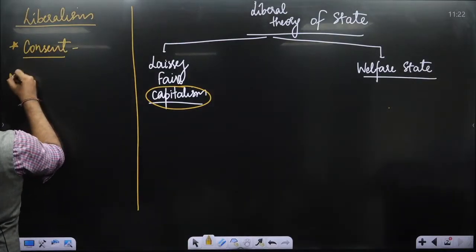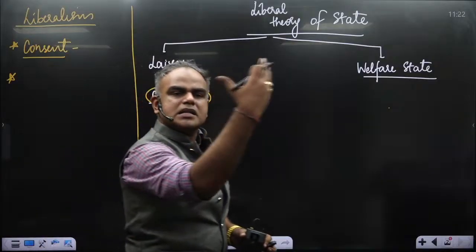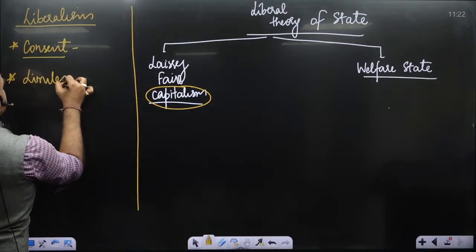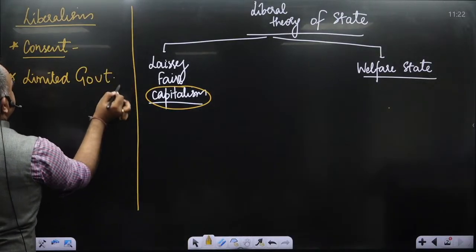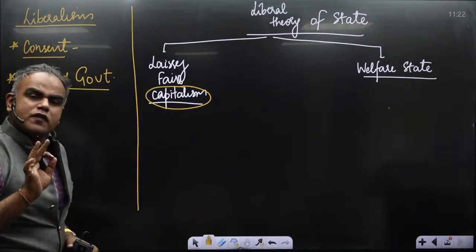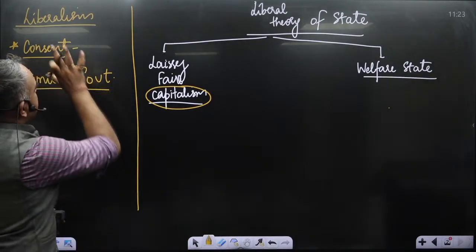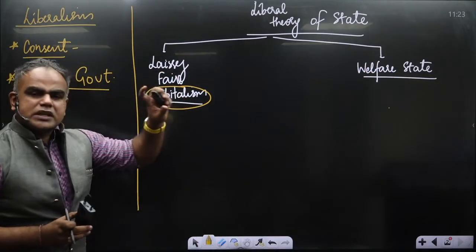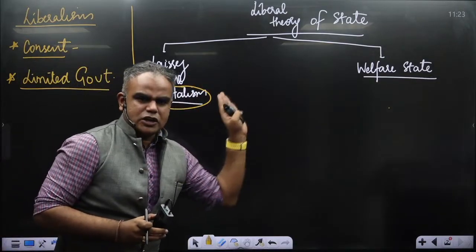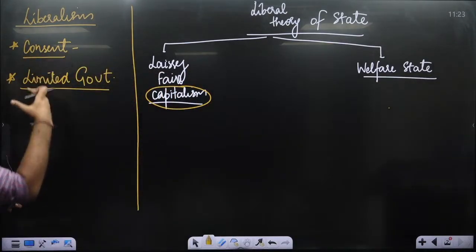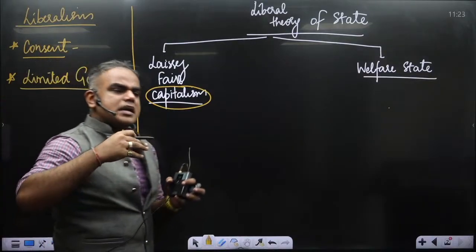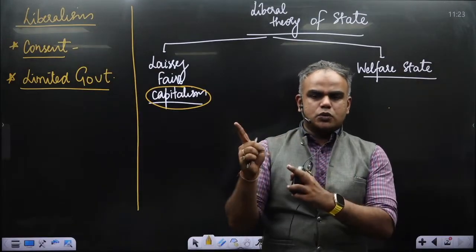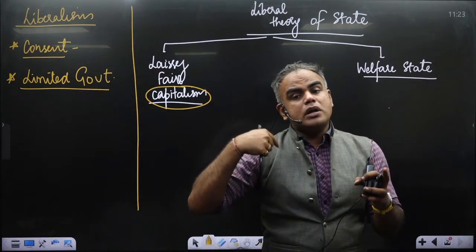consent. Consent of what? People have given consent to the government to rule. Which kind of government? A limited government. And when I'm writing liberalism, here I'm talking of classical liberalism. In general, we'll talk about classical. Welfare state is the one where we are talking about positive liberalism, so there will be a distinction, which we'll understand very shortly. So there is government by consent, which is why Locke says it is ruled by consent. The moment you withdraw consent, or if the state does not protect you or the property, you have the right to revolt.